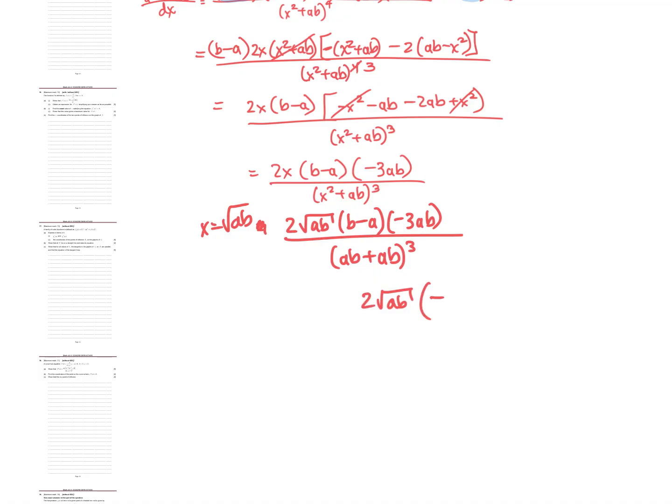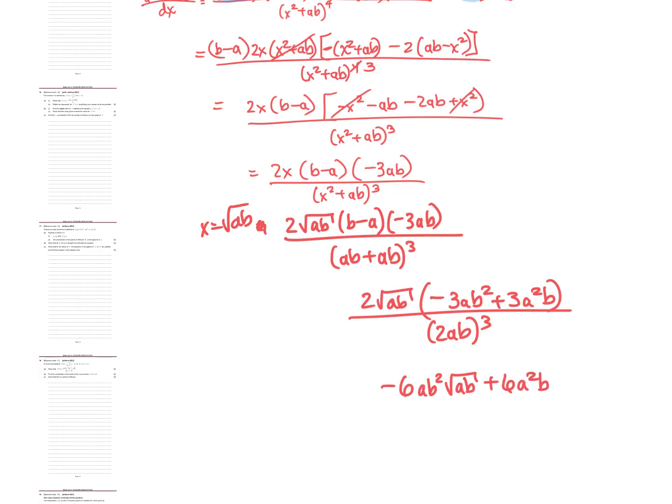So we're going to have negative 3AB squared plus 3A squared B over 2AB cubed. And then if we distribute that, we're going to have negative 6AB squared root AB, and then plus 6A squared B root AB